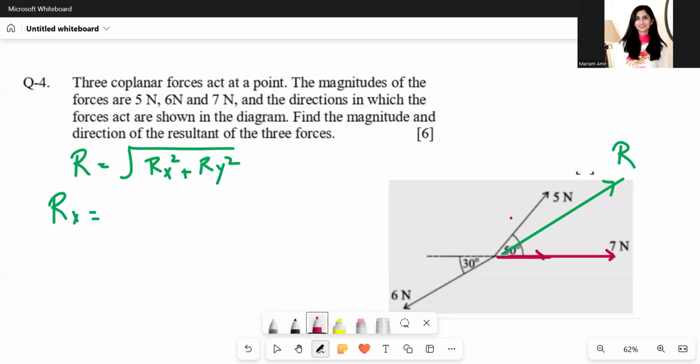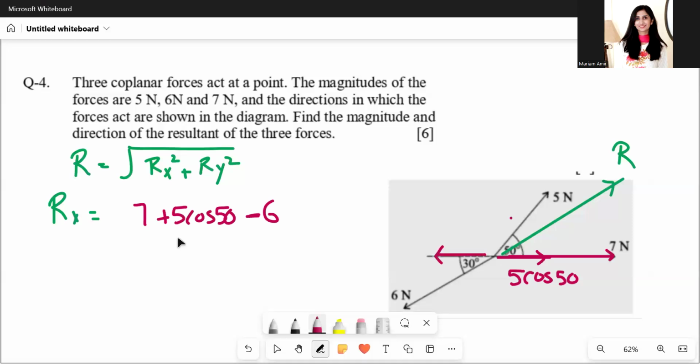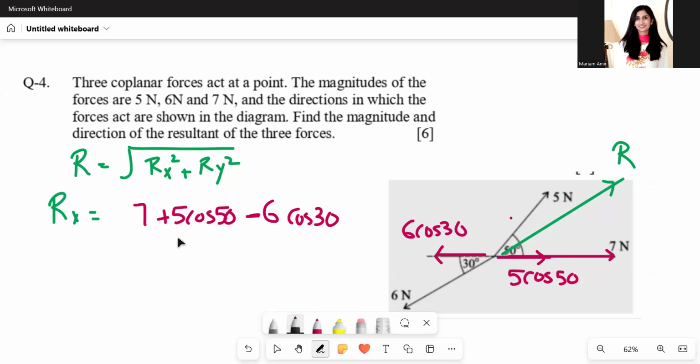This horizontal component would be 5 cos 50. So we have 7 plus 5 cos 50 in one direction minus 6. This is 6 cos 30. Okay, this is going to be Rx, and for Ry, it is going to be,